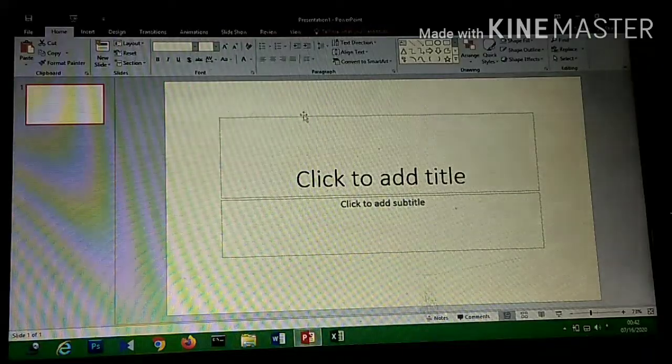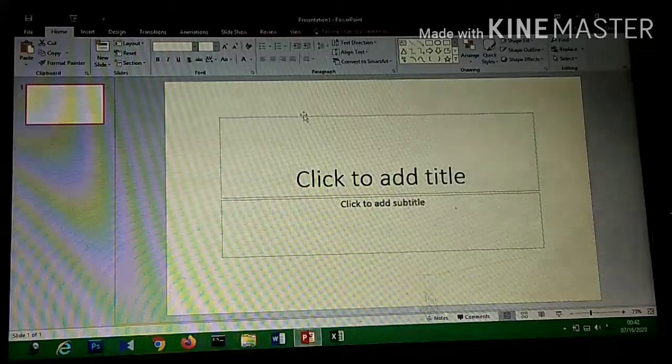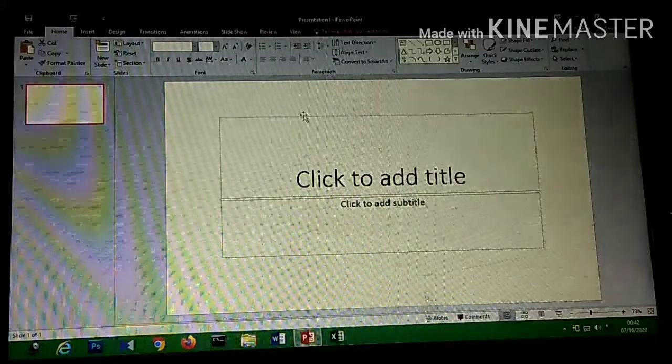Well children, now we will see the practical session of this particular chapter. I will teach you how you can insert the audio clip, how you can insert the video clip, how you can insert the action button, and how you can open an existing PowerPoint file. So let us see the practical of the chapter which we are studying.